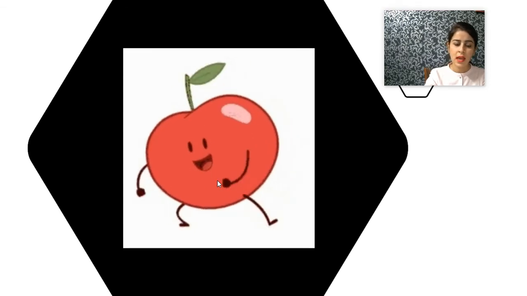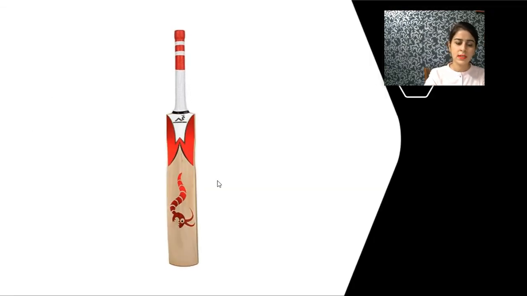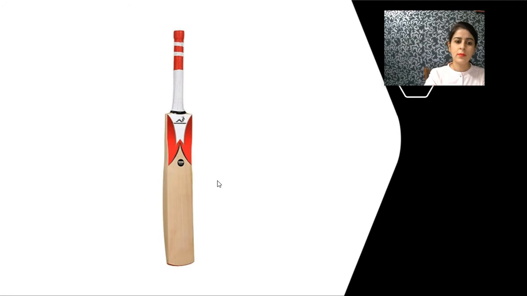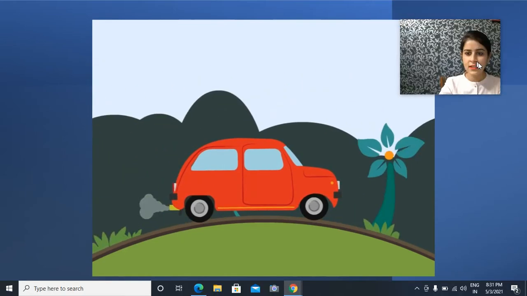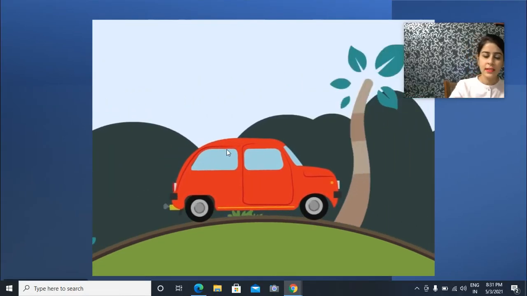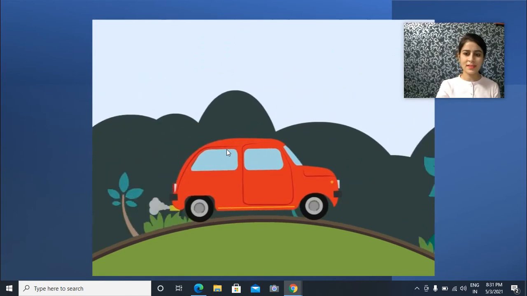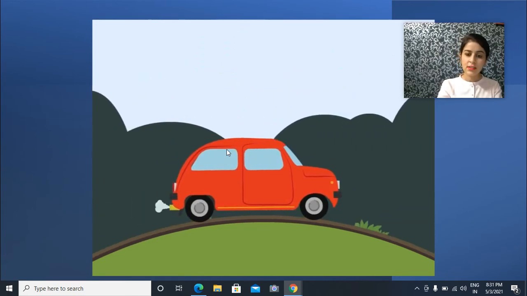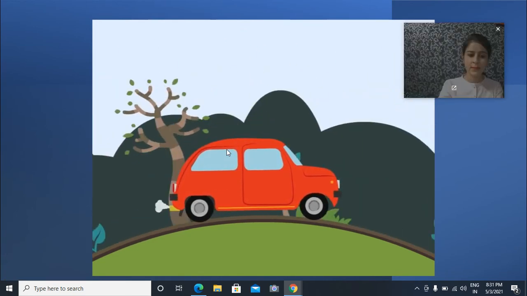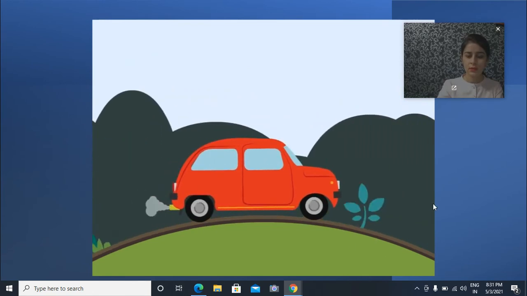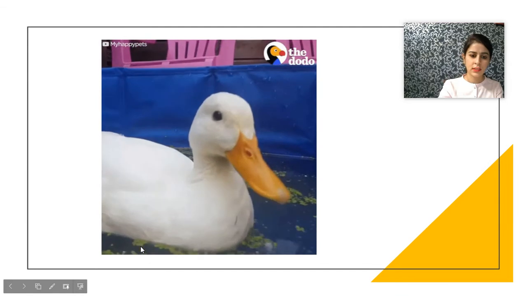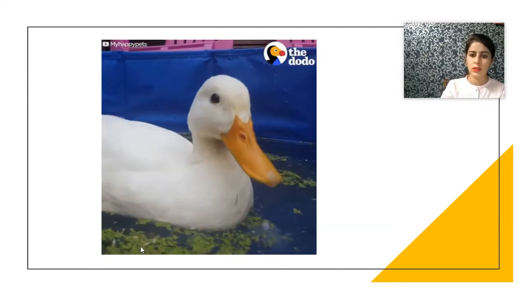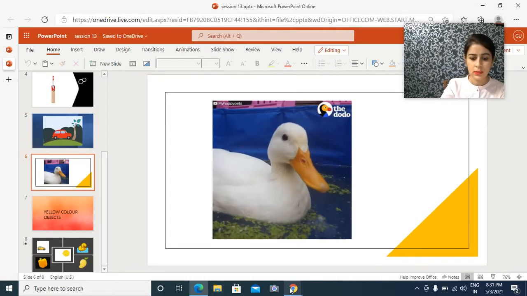Beaver bat. Now what is this? A red car. Seeker car. What's next? Deeder duck.